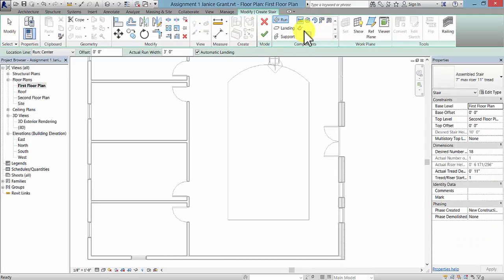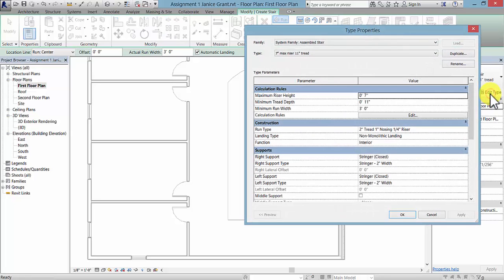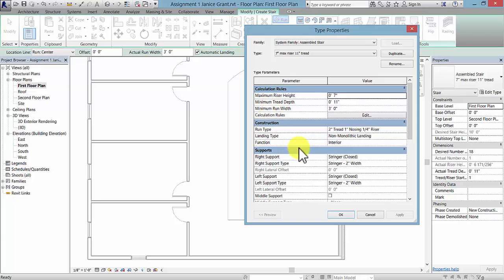And if you look under components, we have spiral stairs and winders, U-shape, and then we have a run and we have a landing. If you look under properties, you'll see that it will automatically know the distance between the two floors. You're establishing here the 7-inch riser and 11-inch tread, but there are times when we want to change that. We can pick edit type and change some of these parameters, these rules,